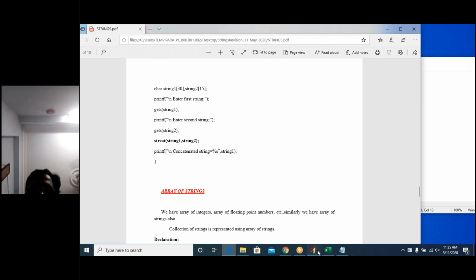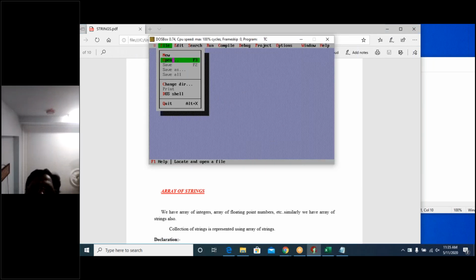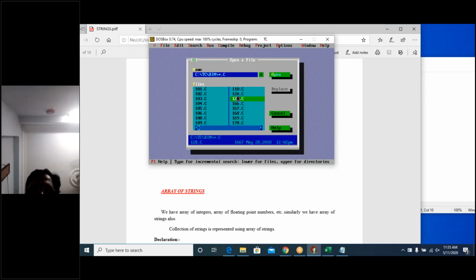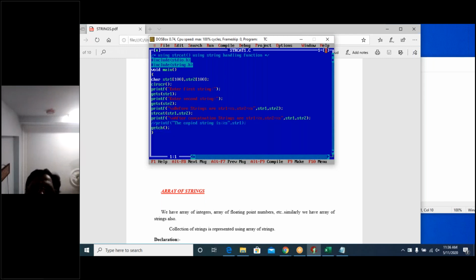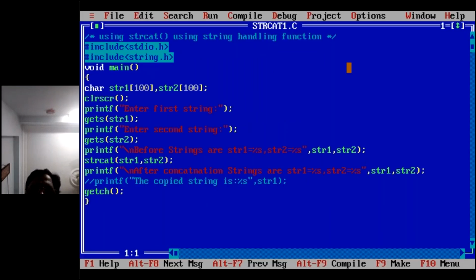The example that I can show you here is strcat, string concatenation.